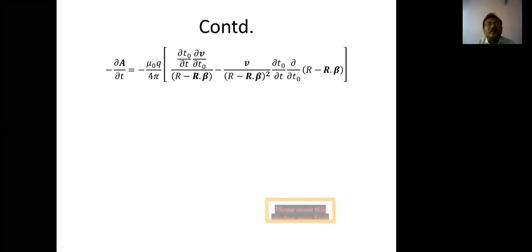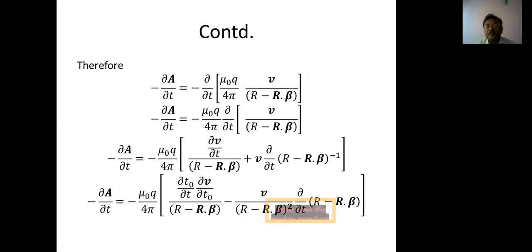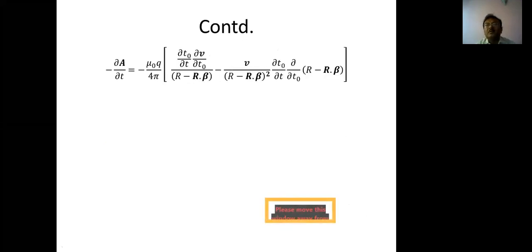Okay, so here, as we have done already in the previous slide, this is nothing but the acceleration, vector a, which is the acceleration of the moving point charge, and minus v over this. And as I said, this ∂/∂t can be written as ∂t₀/∂t times ∂/∂t₀. So we operate with ∂/∂t₀ here. If you do that,